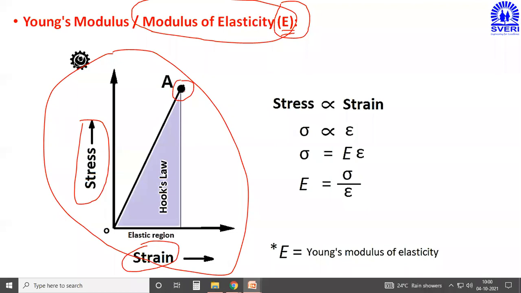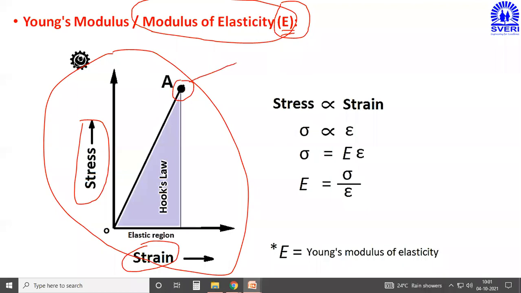Once you cross the elastic limit point and I release the force, then the body does not regain its original position. The regaining of position will be possible up to the elastic limit only. एकदा का तुमच्या बॉडीने जर इलास्टिक लिमिट क्रॉस केलं आणि जरी तुम्ही त्या बॉडीवरचा फोर्स रिमूव्ह केला तरी पण ती बॉडी ओरिजिनल पोझिशनला येणार नाही. Why? Because that body has itself crossed its elastic limit. Therefore, Hooke's law is applicable up to the elastic limit point only. Therefore, in the statement मध्ये पण त्यांनी काय सांगितलेलं आहे? First word, within elastic limit, the stress is directly proportional to strain.